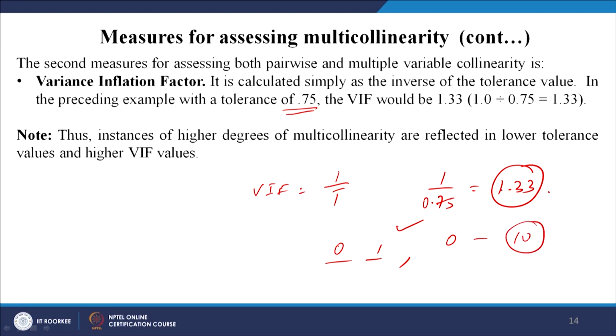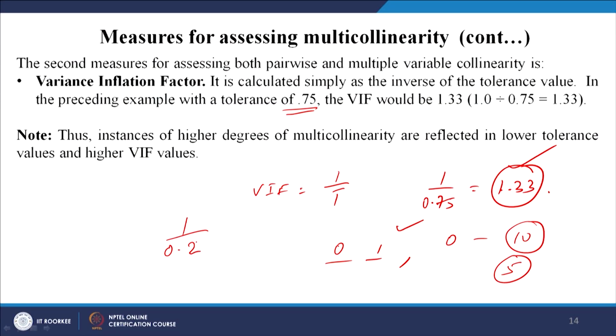So, if it is 10, we say still it is okay, but generally researchers have ignored that, and it has now been said in the scientific community that if a VIF value is more than 5, then there is a serious case of multicollinearity or a very high chance of multicollinearity. And just imagine, to have this as 5, you should have your tolerance as how much? 0.2, right. So, that makes it 5, right. So, if my tolerance is 0.2, which is 1 minus r square is equal to 0.2, that means you can understand what should be my r and r square, right.